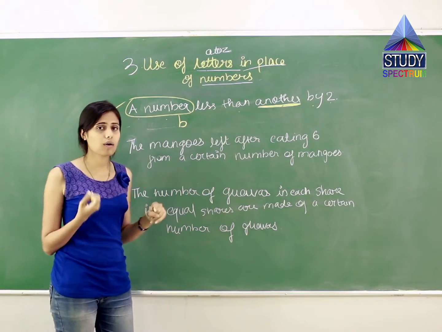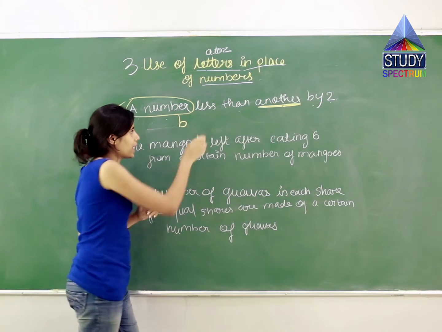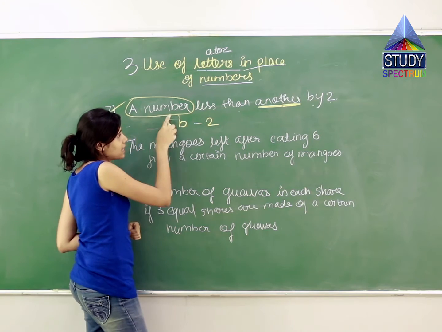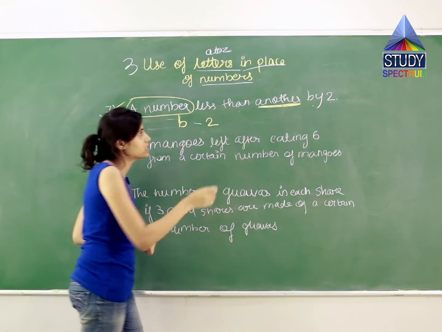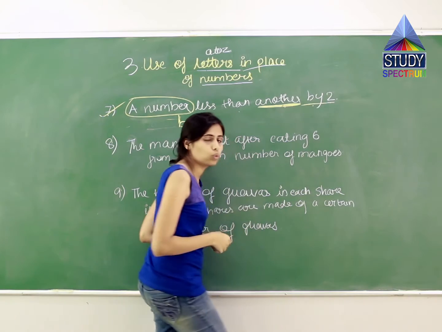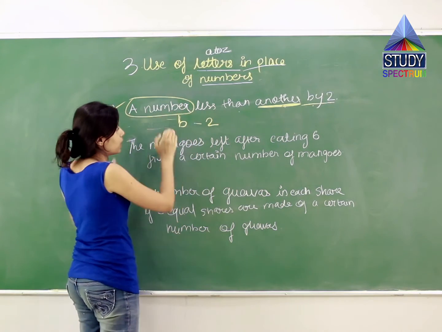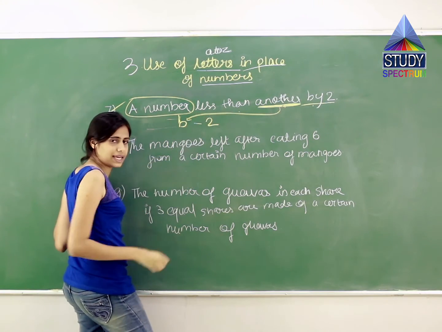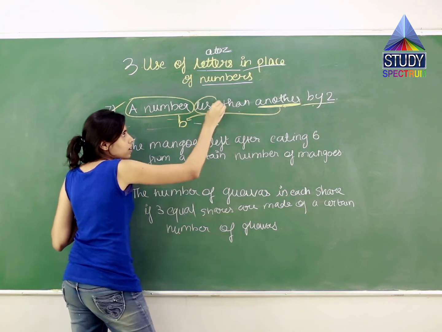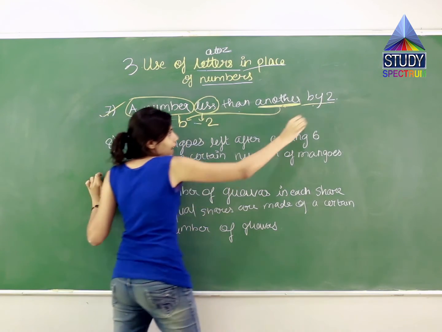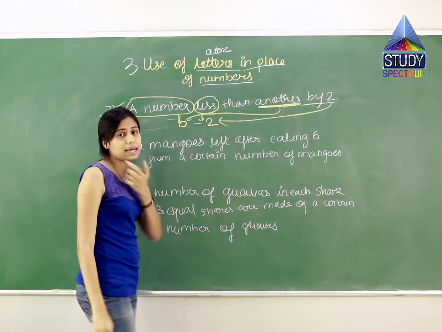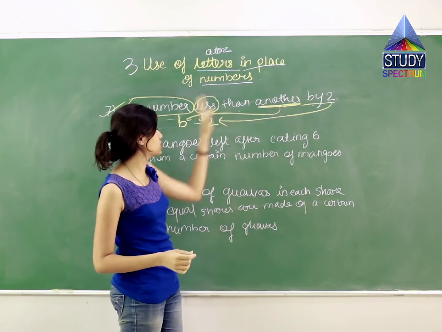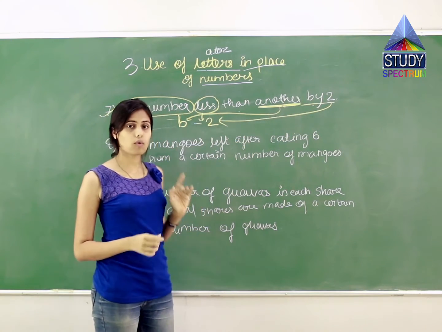So what will the first number be? It will be 2 less, so -2, because it is 2 less. So what we are doing is, the first sentence says that a number is there which is less than the another by 2. So let us assume this number is another number -2. So another number is replaced by b, and less means what? Negative sign, and this 2 over here. So it is b minus 2. This number will be 2 less than the another number, which is b.